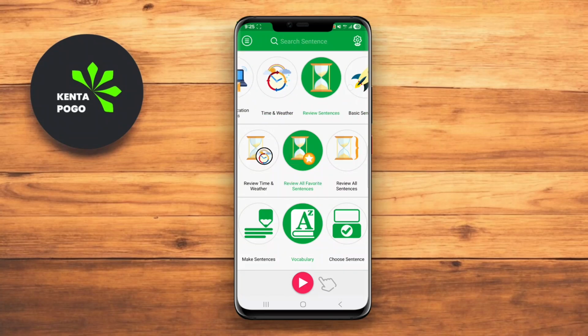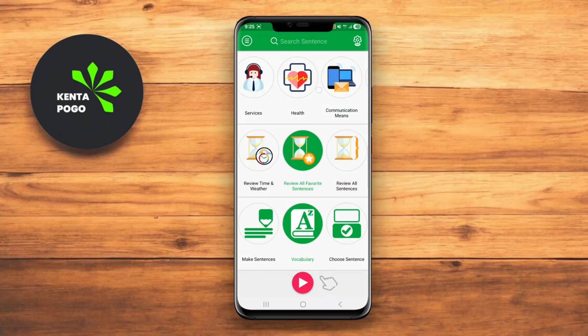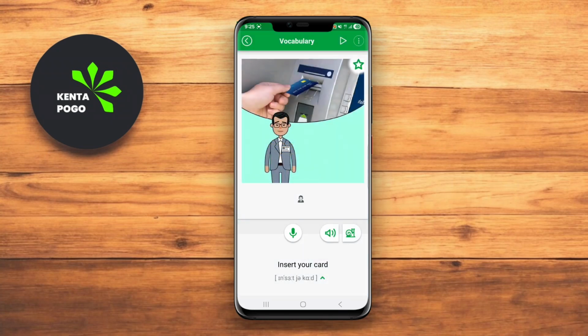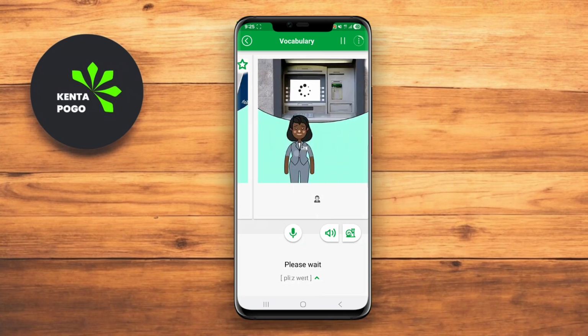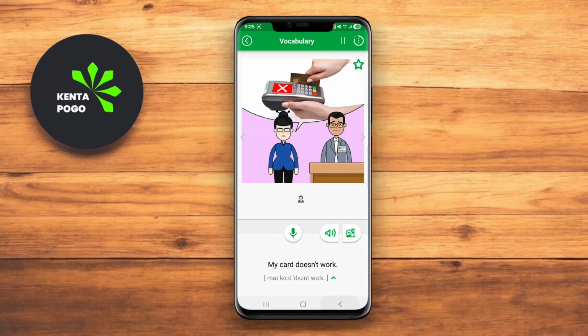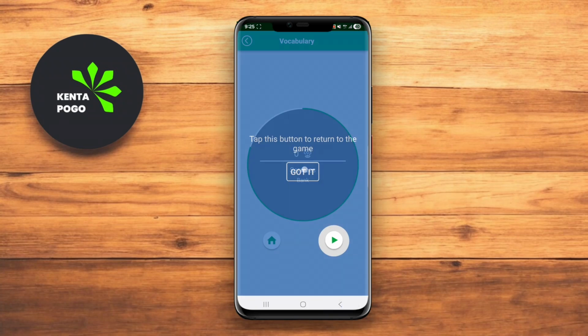Learn English. 5,000 Phrases is an Android application designed to help users improve their English language skills through practical phrases and dialogues. This app is particularly beneficial for language learners at various levels, providing a comprehensive collection of phrases that can be used in everyday situations, from greetings to travel-related conversations.